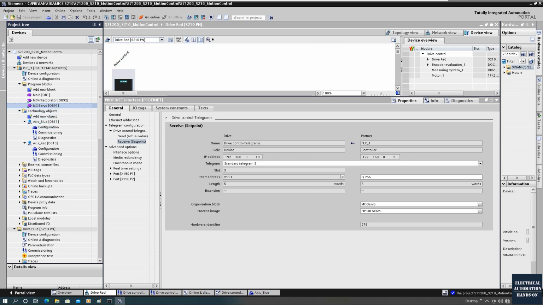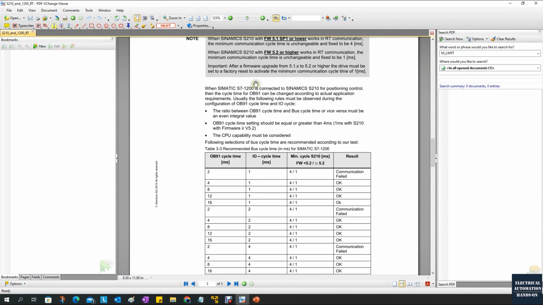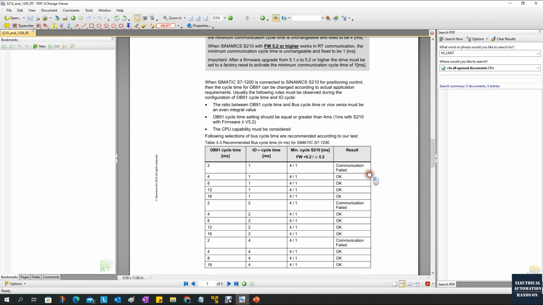And there's one manual I highly recommend you read in detail, at this one page here. So for the firmware above 5.2, currently I'm using this firmware 5.2. Okay, so this communication cyclic time we can set 1 millisecond, but according to this table, we can see